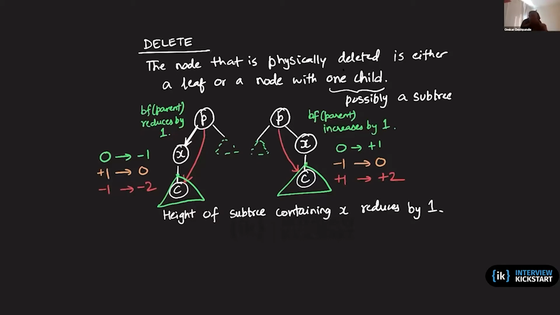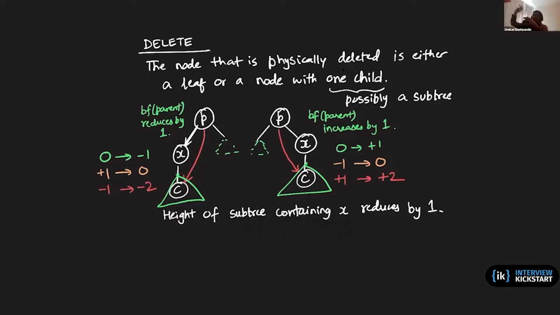So to see whether or not there will be repercussions, what is important is the height of the subtree that's rooted at P. If P had a balance factor of 0, that means the left and right subtrees were equally balanced, and the removal of X made one side slightly imbalanced, but nothing to worry as far as violating the AVL property is concerned. The right subtree or the other subtree continues to have the same height. So the height of P does not change,